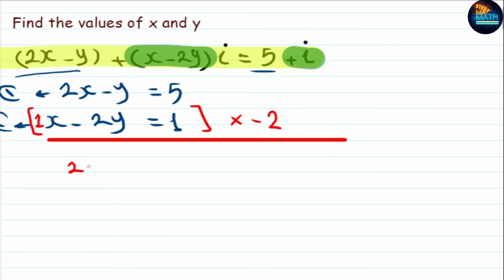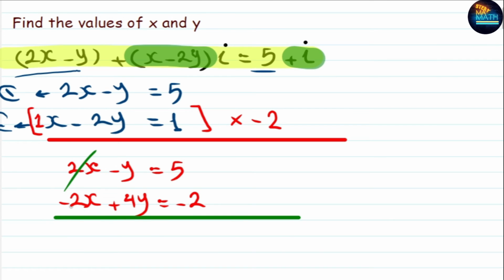So let's keep the first equation, 2x minus y is equal to 5. And the second equation will multiply the second equation by -2. So -2x and -2y multiplied by -2 is 4y, or plus 4y is equal to, and 1 times -2 is -2. All right. Now you have the same coefficient with opposite signs, 2 and -2. All right, so 2x minus 2x is 0, and -1 plus 4 is equal to 3y is equal to 5